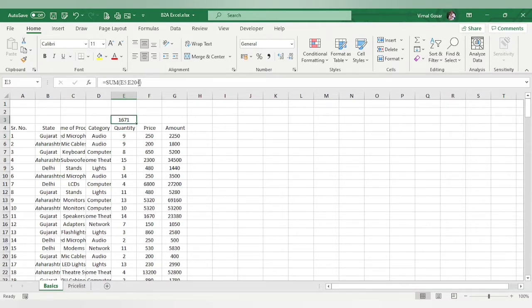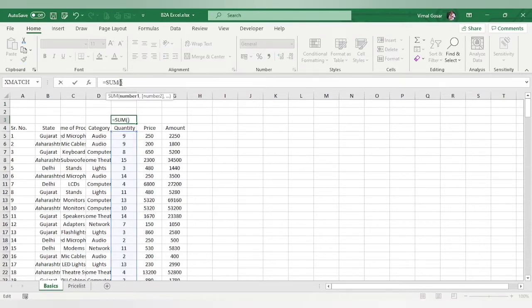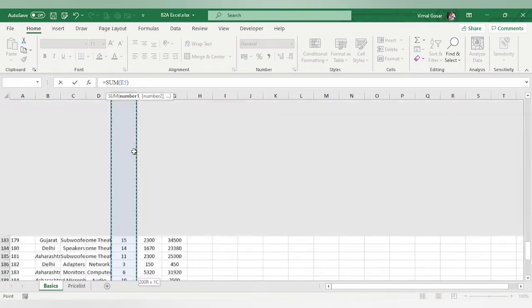But this was one way. Now let us say the record is very big. It is not in hundreds, it is not in thousands, it is maybe in tens of thousands. In this case, I'll remove this and click on quantity once, and after that I will press Control, Shift and down arrow key.